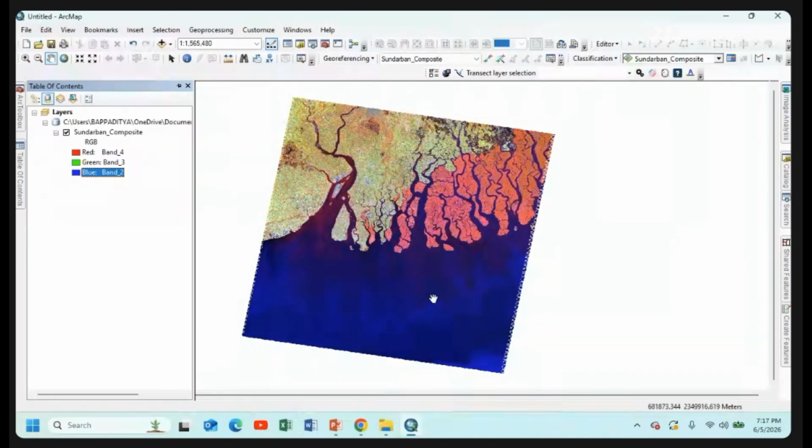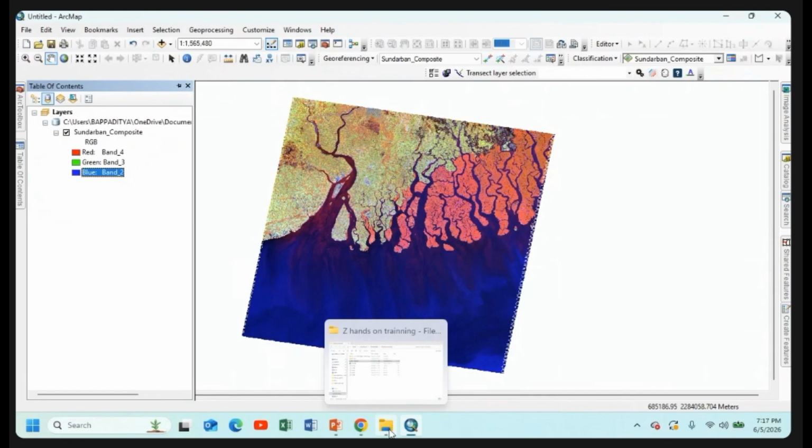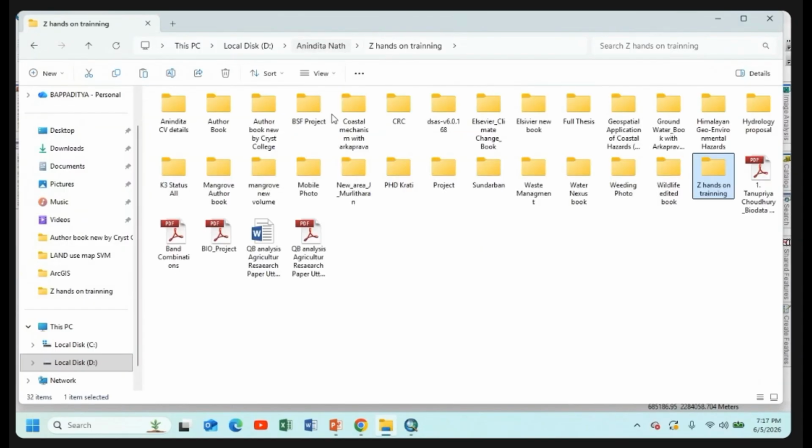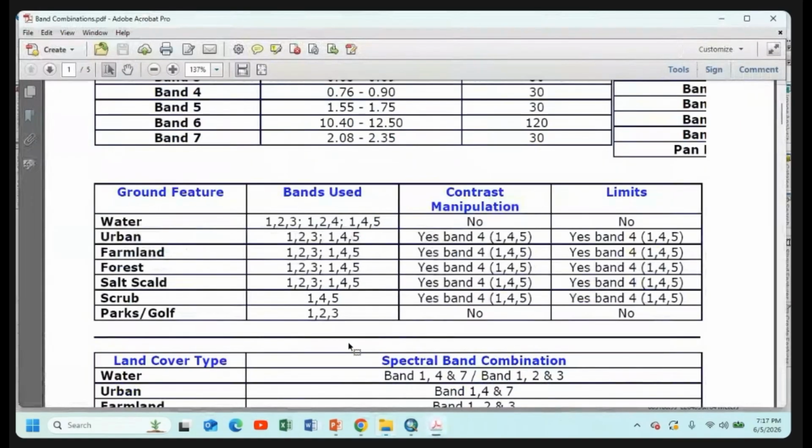I have already read and learned about the data set from the USGS site, and I already prepared a data set on how to identify the land use features from the Landsat 5 imageries. So USGS has an option for identifying the features from the false color composite.